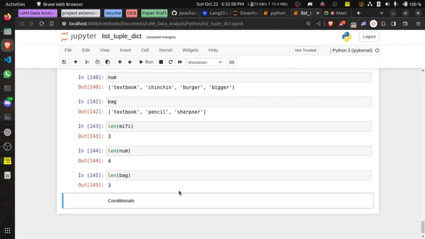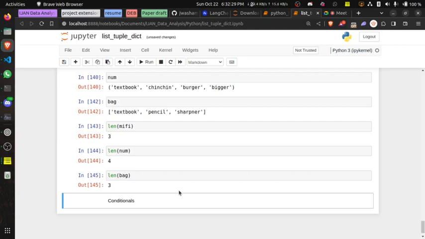So conditionals. You remember from Excel, if else. We did it in Excel, we did it in SQL, we did conditionals. This is what I want to look into. So we are going to be dealing with conditionals. Since we already have experience, I believe this should be a very smooth ride. Maybe just understanding the syntax, but we understand the concept of if else.